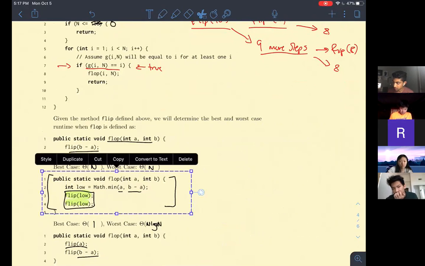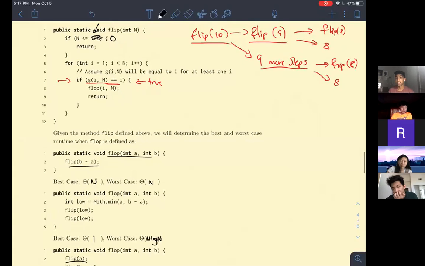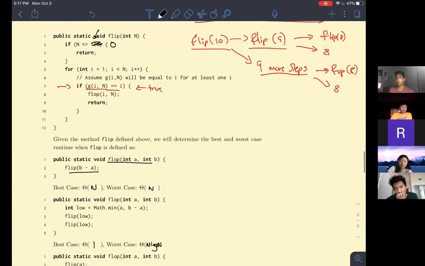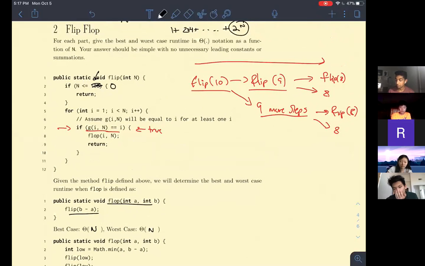Okay, so in part 2, do you have a question about the worst case or best case or both? Actually, both. Thank you. So when we think about the best case, we want to minimize the total number of steps that we're taking. To minimize the total number of steps, we enter this if condition immediately, right? If when i is equal to 1, we enter this if condition, we'll see that we call flip of 1,